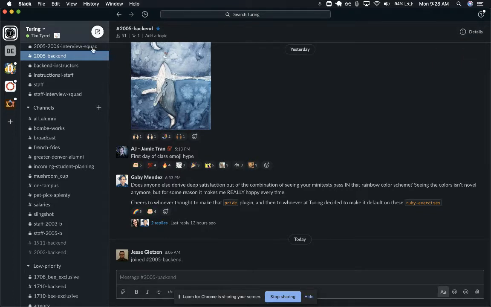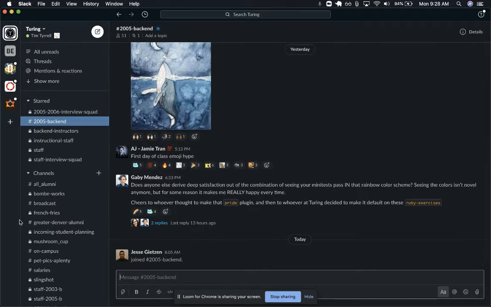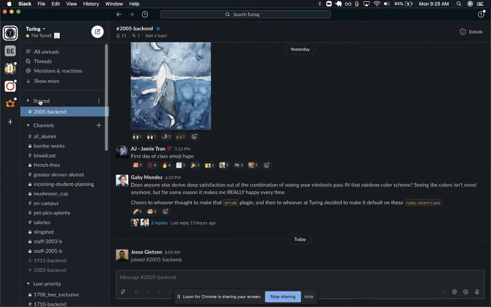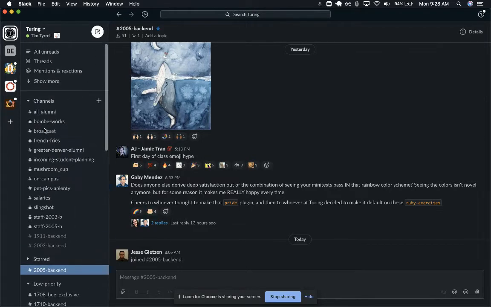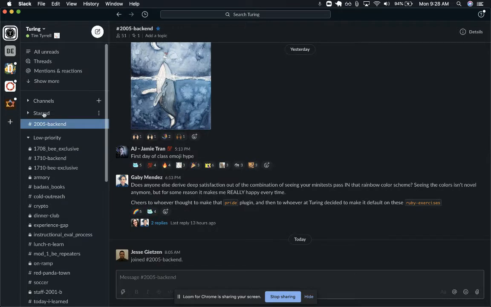So as you can see, this is the general layout of Slack. We'll have a channel that's in focus, and then on the side, we'll have a number of channels that you interact with. Slack has recently added sections, so you can drag and drop sections to be in a specific place that you want. As you can see, this is the starred section, and I can expand and collapse it. I can move it down to be below channels if I want, and I can collapse any section, and I can also rename a section